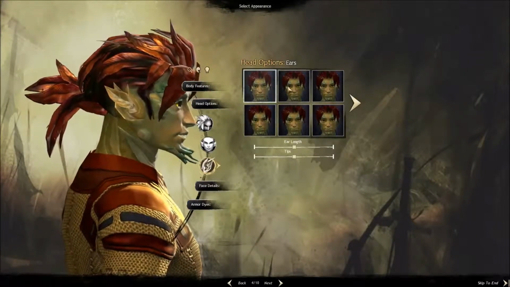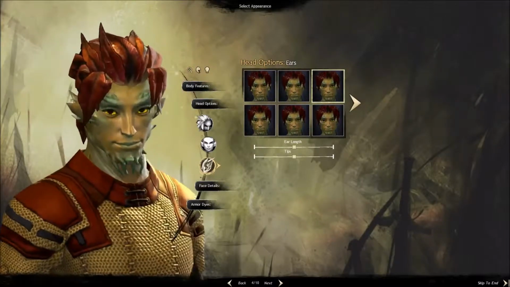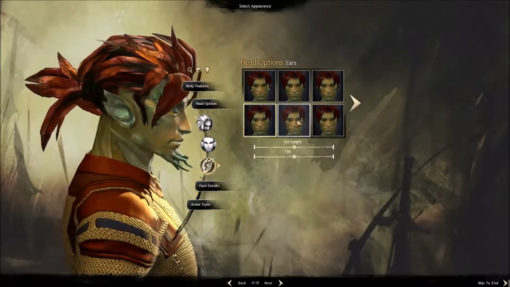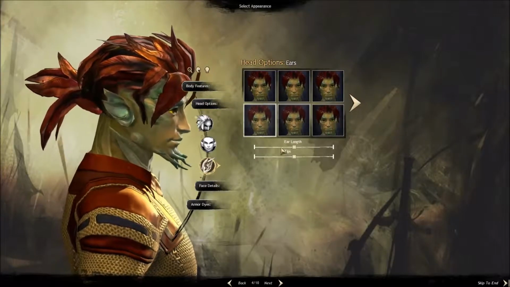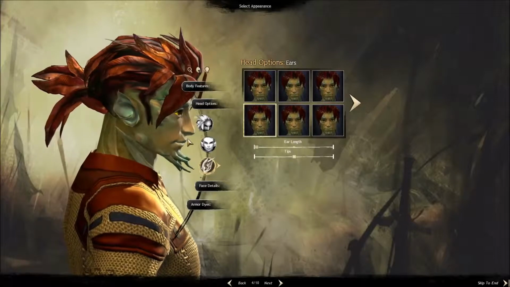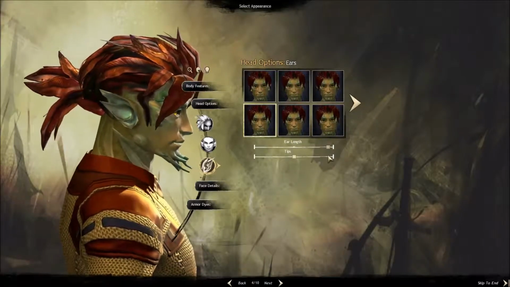Ears. Sorry for me clearing my throat. Well, if you've watched my first Firefall video, you know why I do what I do. I'll go with very basic ears. Change the length of them. Look more human-like. That's possible for a plant person. Or more elf-like. I'm going to go...